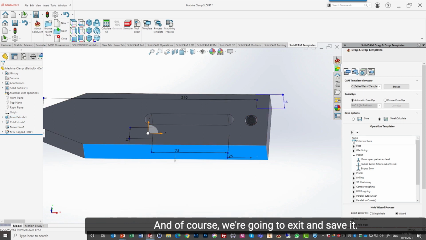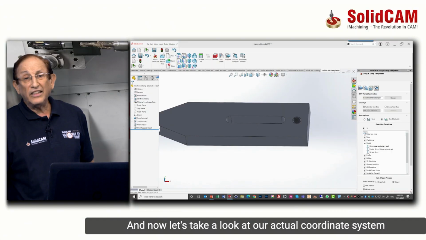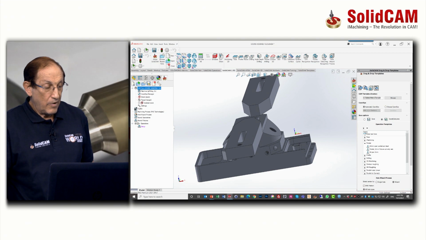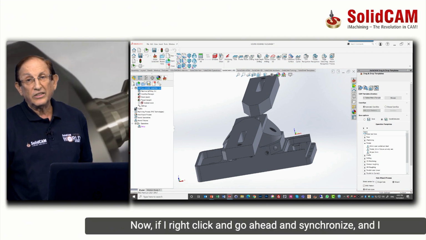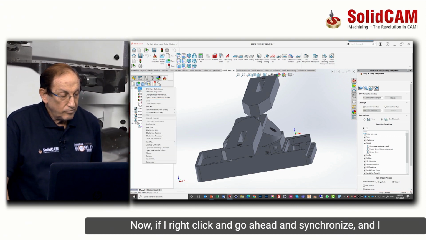And of course, we're going to exit and save it. And now let's take a look at our actual coordinate system over here. You'll note that it is asking me to synchronize. Now, if I right-click and go ahead and synchronize,